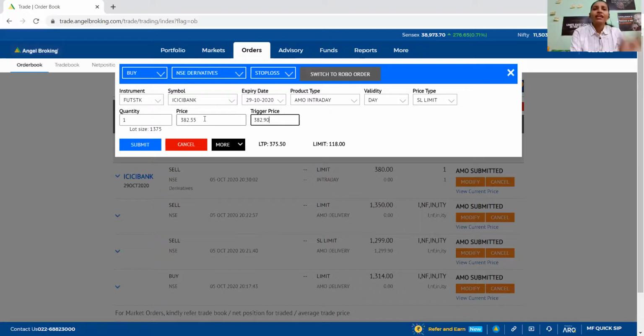I hope this is making sense. It's just common sense. Whenever you are placing a stop loss for the sell trade, it means above, sorry, this is the buy trade. So this is going to go opposite. Yes, this is a buy trade now. So this trigger price will be less than this price. So this will be like 382.55. So trigger price will be less, because you are buying the stock. So if your stop loss is hit, after the stop loss you can buy at the nearest price. So this time it is a buy trade. That is why my trigger price is less. Okay, people, is it clear? Sorry for that.